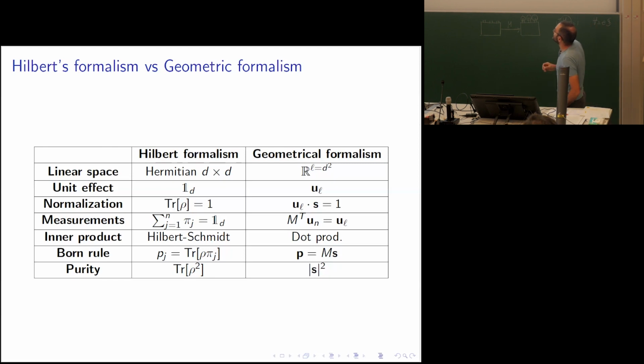Purity is just what it is, so it's the trace of the square of the operator, and it is represented by the norm 2 squared in the geometrical formalism. And this will be important because we know that it's true in quantum theory, and it can be made true up to trivial transformations in any GPT, that